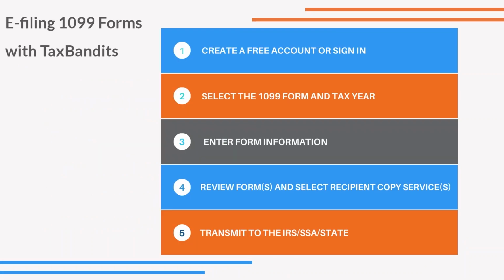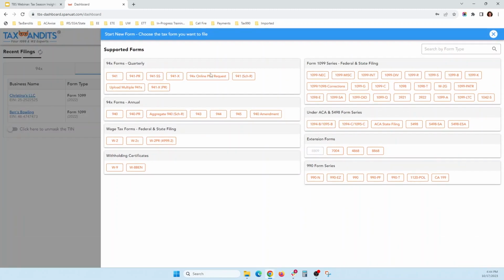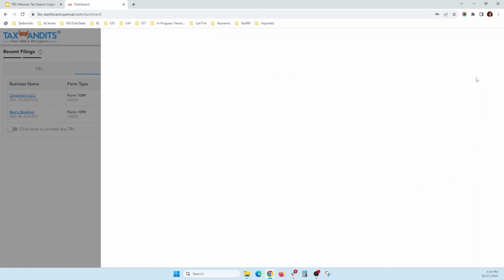So now that we've discussed some of the major 1099 forms and tips to prepare, as well as the new e-filing thresholds, let's take a look at e-filing the 1099-K with TaxBandits. All right, so to get started, e-filing forms like the 1099-NEC, MISC, K, or the other year-end forms we've discussed today, once you're signed into your TaxBandits account, simply go to Start New, Form, and you'll see a full list of the forms TaxBandits supports. Today, we'll take a look at e-filing Form 1099-K